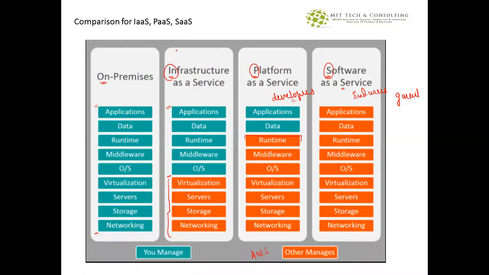So it all depends on what you use, but in each and every service you'll have all the components. It is just that a few things will be managed by others, it can be AWS, and a few things will be managed by the customer. Guys, if you have any questions you can stop me and ask. Yeah, if you're not talking, I assume that everything is clear.